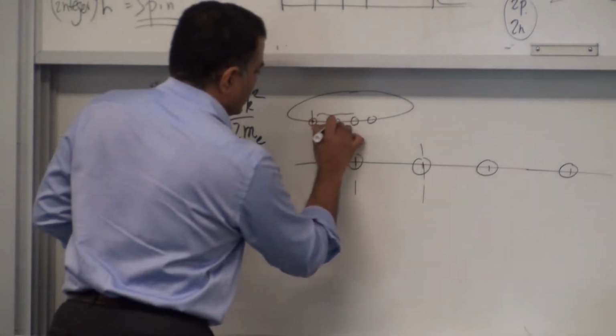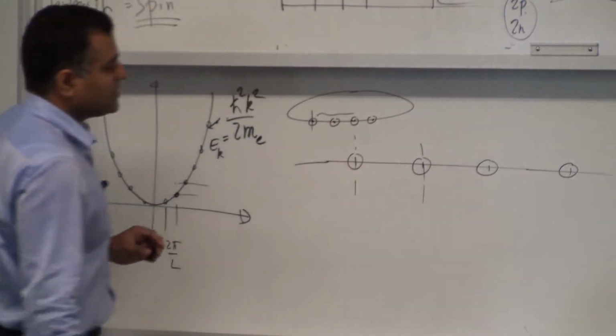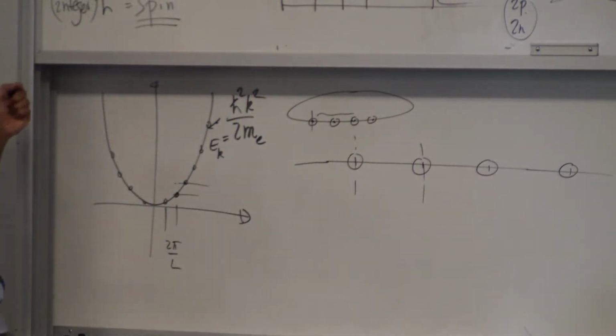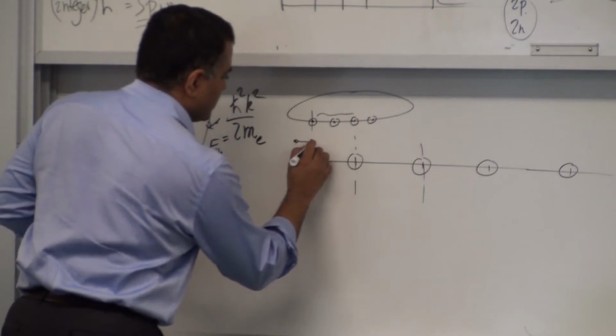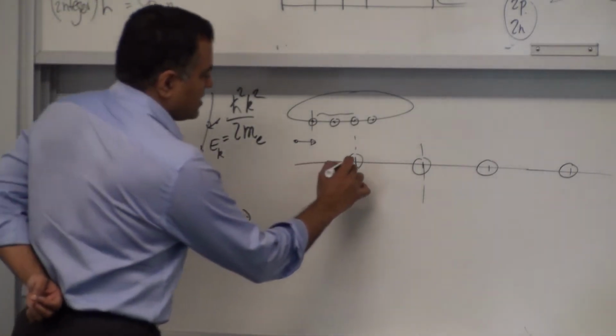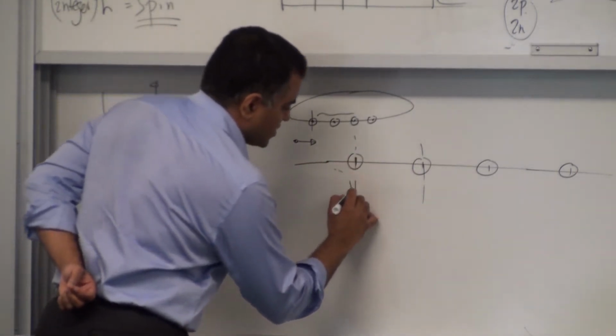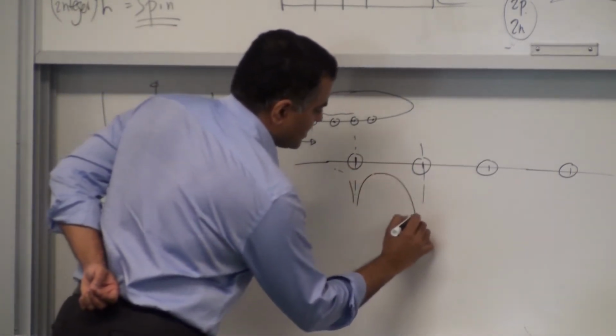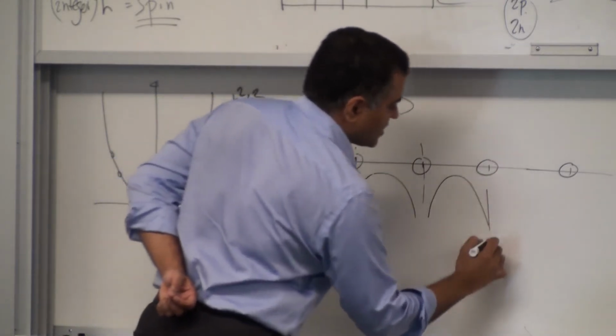So I have a chain of atoms, and an electron now. We want to launch it and then see what the transport of this electron is. How does it look? What are the energies allowed if you have a chain of atoms like that? I think you know that because of these atoms there are potentials that the electron will see. It's a periodic potential.